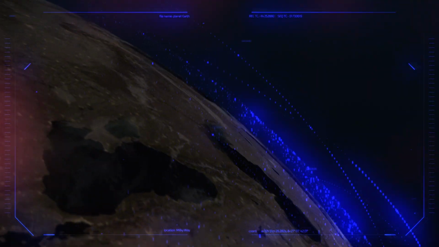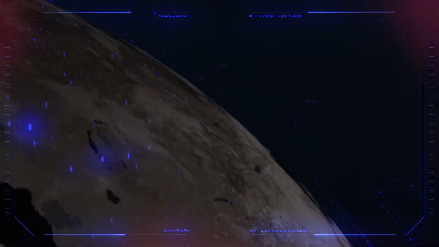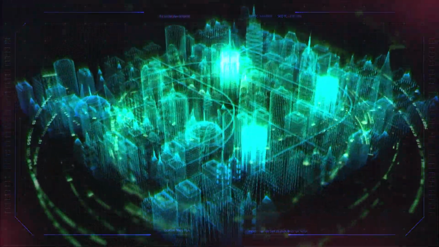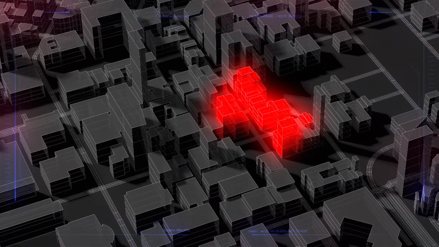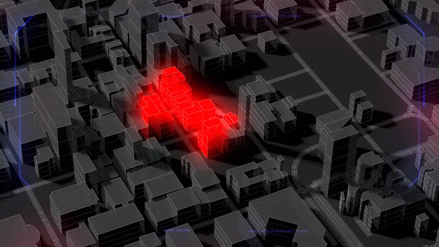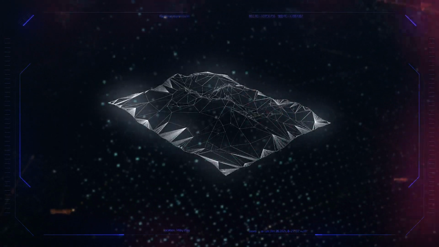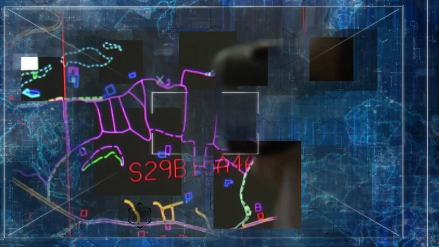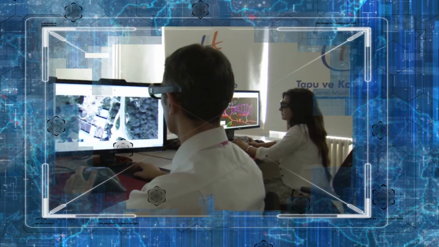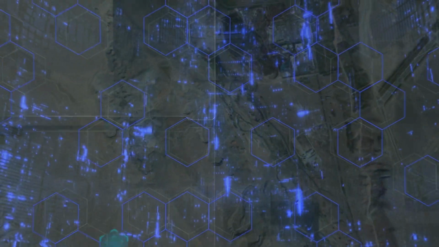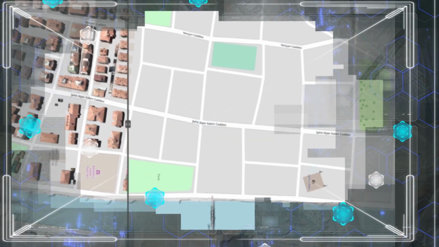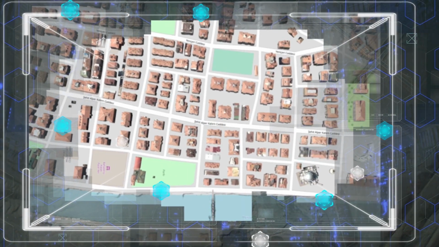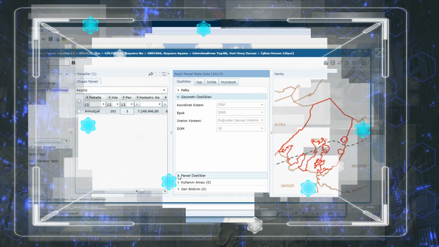The idea of a three-dimensional cadastre has emerged in line with the need for the cadastre to meet these requirements expected from the modern cadastre of the future, and to have a structure that can manage by including information in all dimensions of the land. The General Directorate of Land Registry and Cadastre has started to work on the transition to the 3D cadastre system in our country, thanks to the national software that it has created by using the current technological infrastructure in the